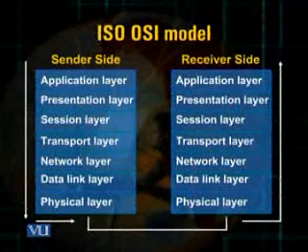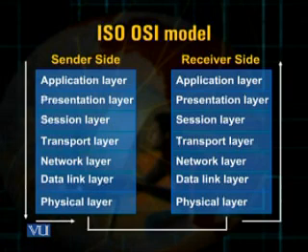So this is how the data from one point, the sender point, is received by the receiving side and is accordingly displayed on the computer screen of the receiving side. I want to take you through the OSI model again, so you can see before you in this slide the OSI model. The data on the sender side passes through the application layer, presentation layer, so on, up to the physical layer, and then from the physical layer it travels along the connectivity media, is picked up by the physical layer